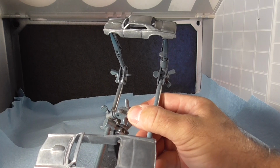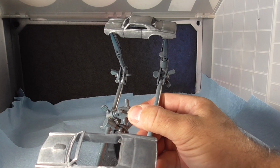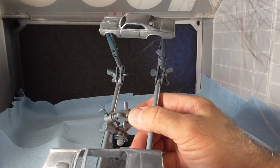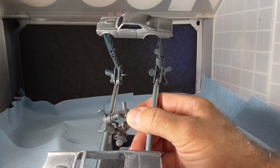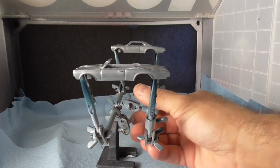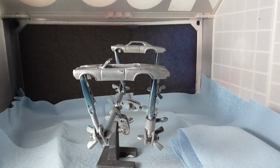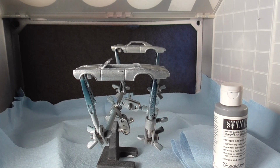And here's the other thing. Okay, so you see how this looks right here, the way it is? That's all basically, I took the Dremel and cut that and used the side of the disc to get that to where it is, and then I just took a little file and cleaned up around the inside, right? But what we're going to do is we're going to go with the gray Stanley primer on this, and then